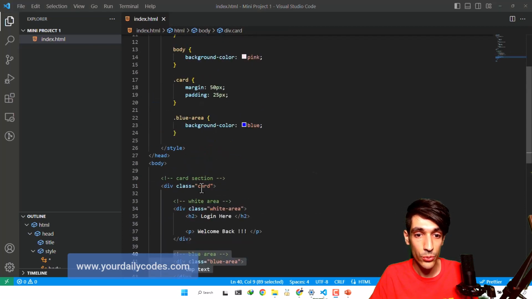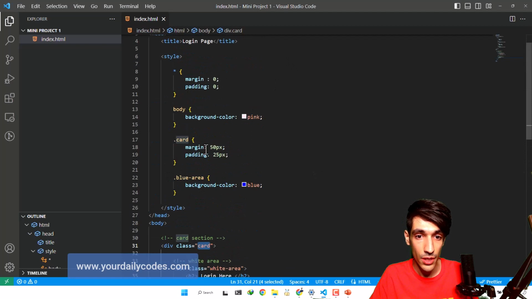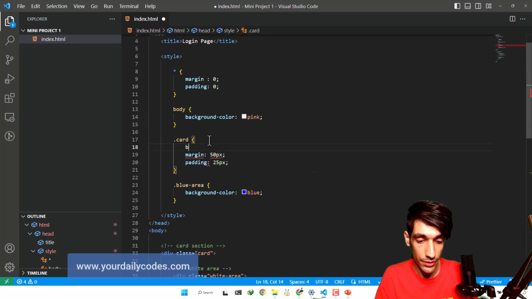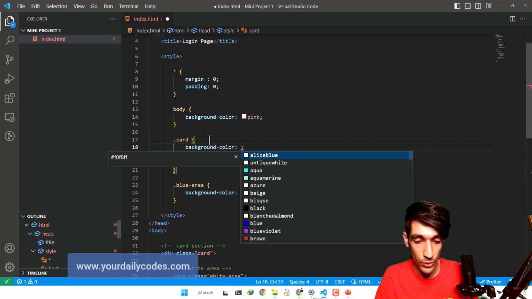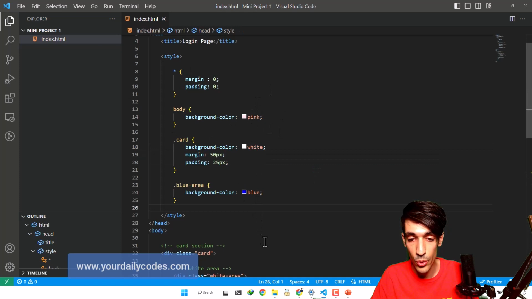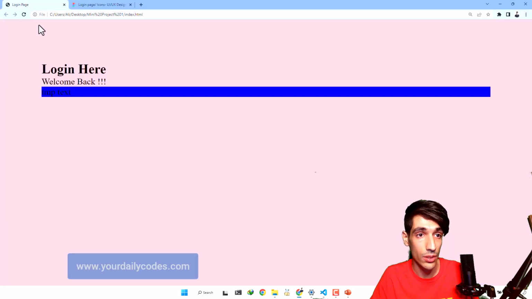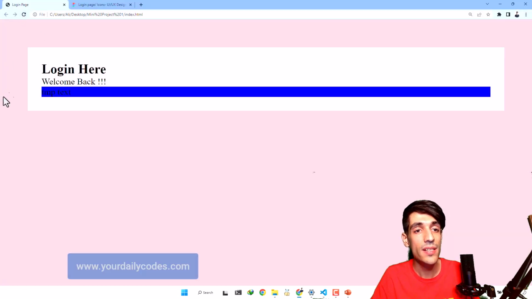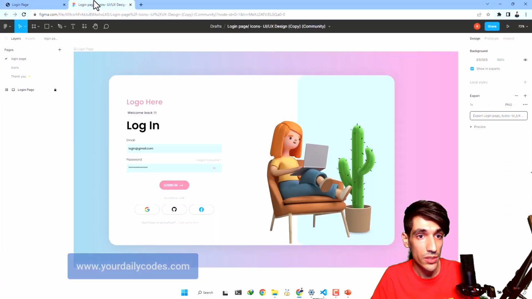So in order to make this card white, we can give it another property, background color white. For now, we are only using color names. We will see different ways of writing colors, because we have about 60 million colors, and we cannot have a name for all of them. So there must be a different way, and there is. So this is our background color. We will fix it to a gradient.